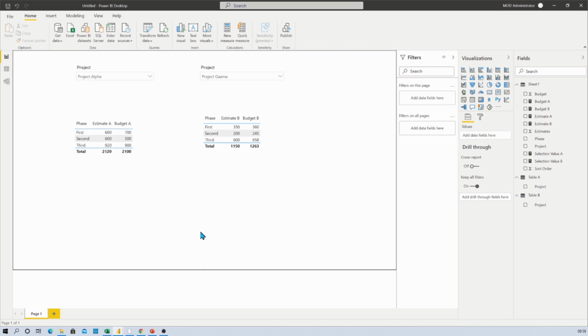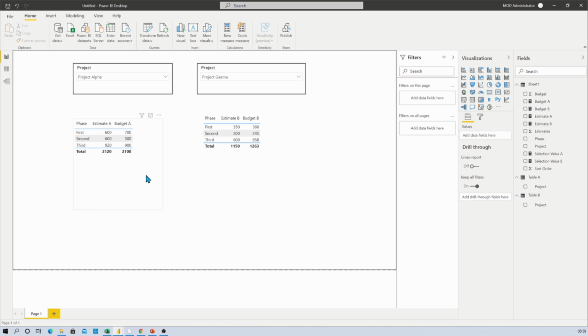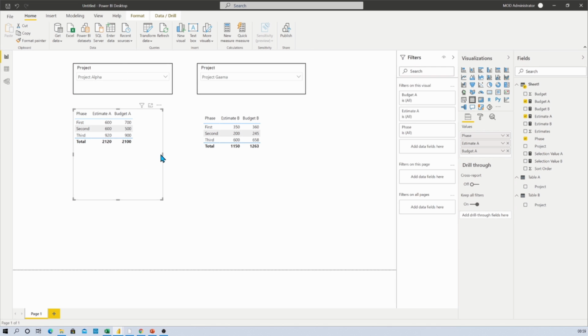Now let's do some formatting over here. So now I'm selecting this one and applying some borders over here. Let's arrange it properly. In a similar way, arrange the table visualization as well.